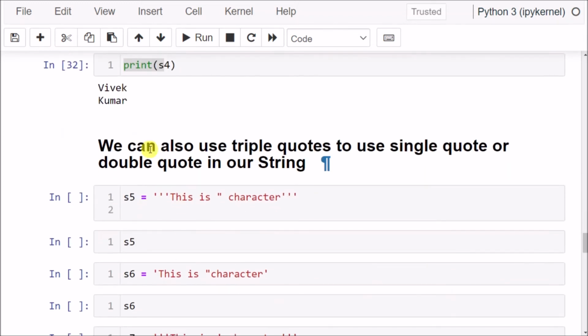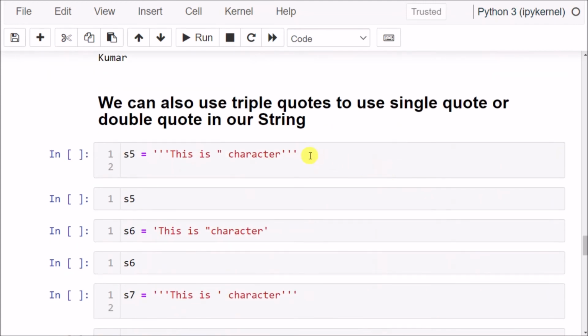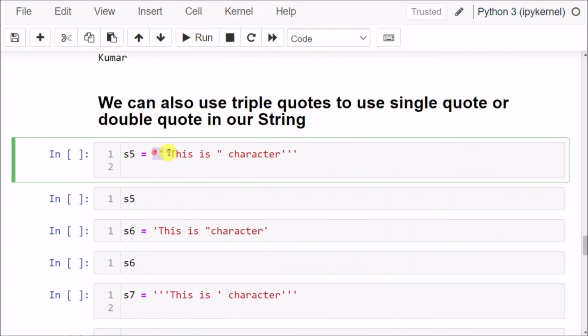We can also use triple single quotes to use single quotes or double quotes in our string. Inside the triple quotation, whatever value is given will be printed.